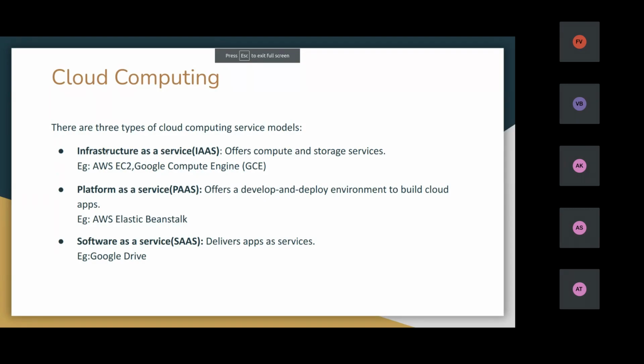Okay, that is infrastructure as a service. Basically it will be providing a simple server, and we will select an OS in it, and we will run our application in that. Example, AWS EC2.